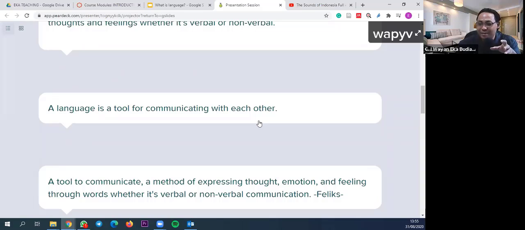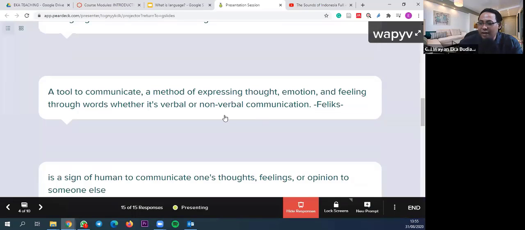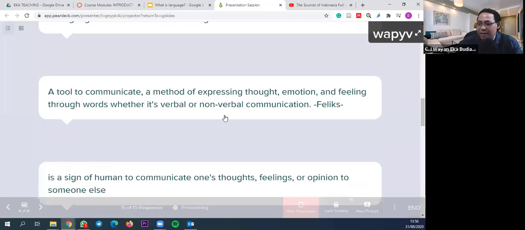Yeah, it's not just merely a tool for communicating, but again, you use all aspects that people can see, that people can feel, that people can hear in order to deliver your thought. Yeah, this is interesting. Okay, then a tool to communicate or a method of expressing thought, emotion, feelings. Yeah, Felix,